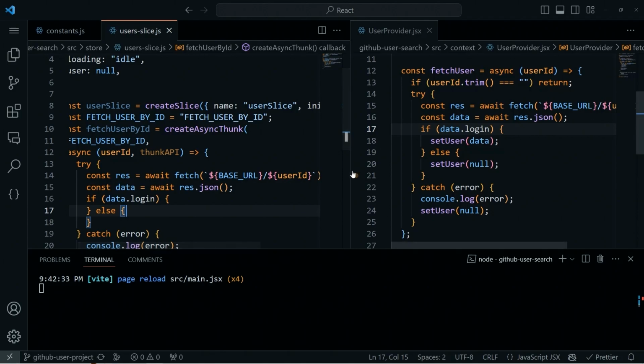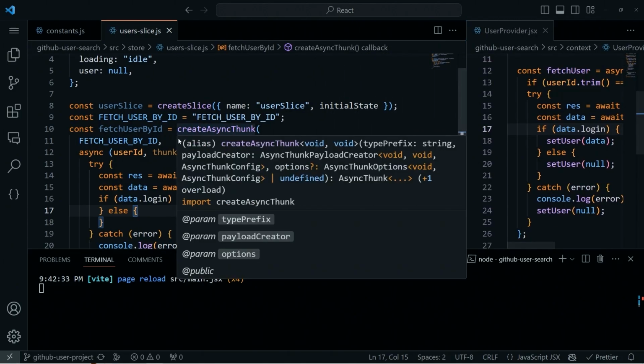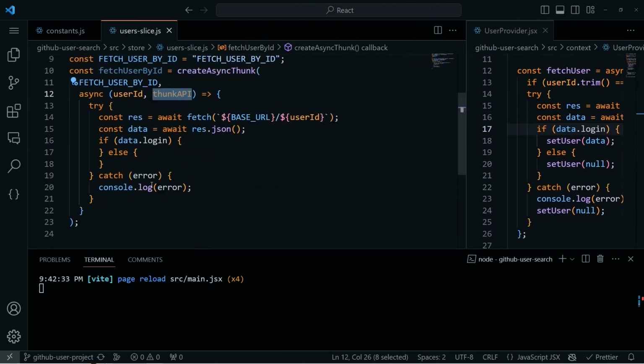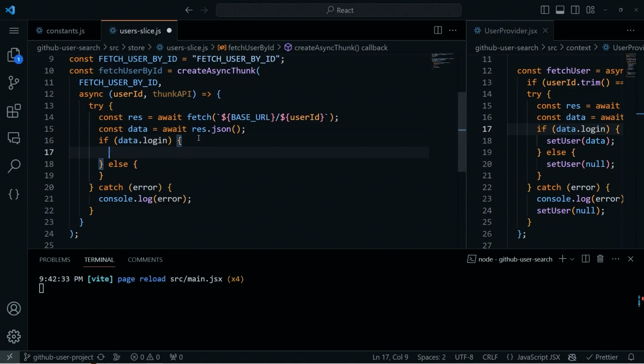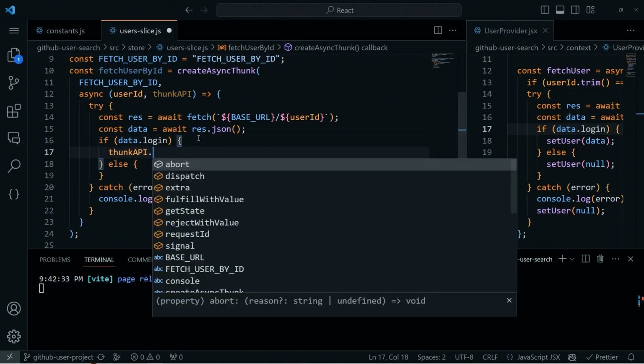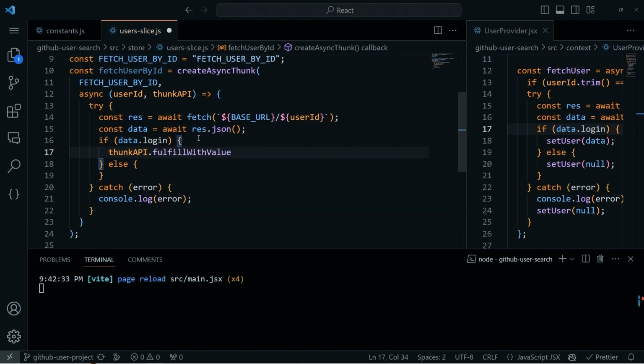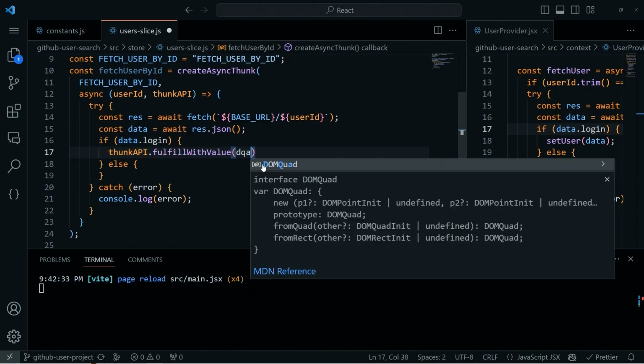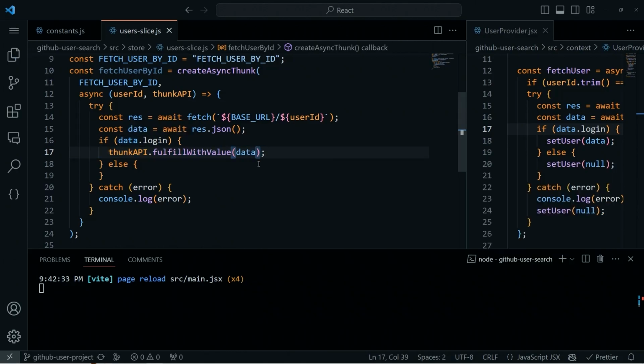So here you can see inside that Thunk API. Once we have the data, then we can have the thunkAPI dot fulfillWithValue. Then we can fulfill this promise with some value, and the value could be the data. So here we have the data, and then what we want to do, if we don't have the data.login,